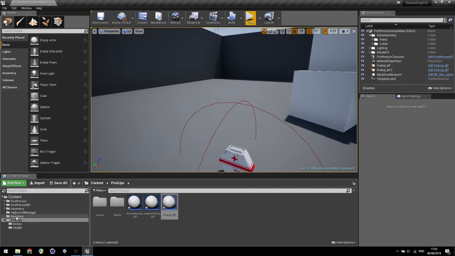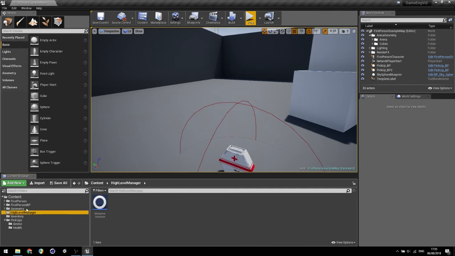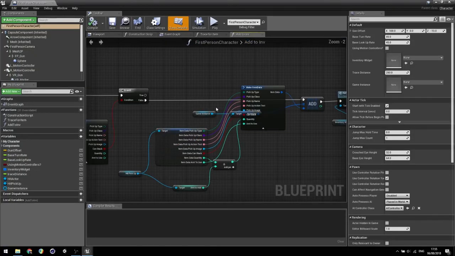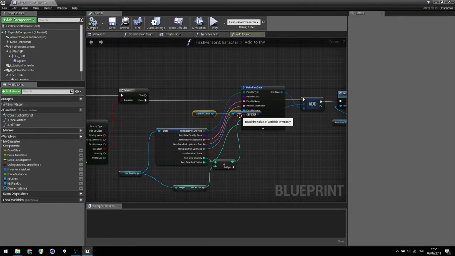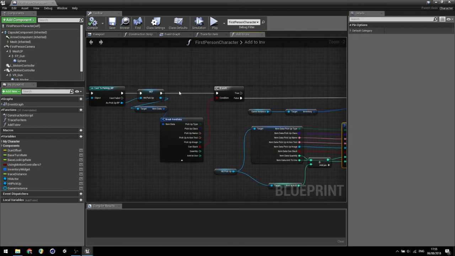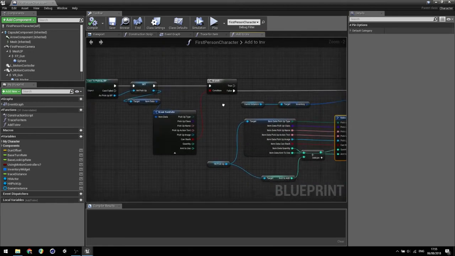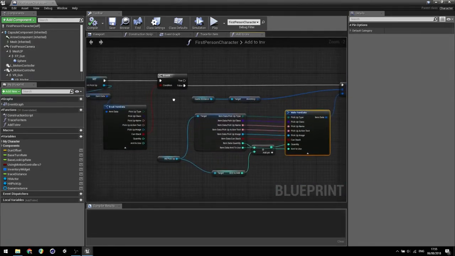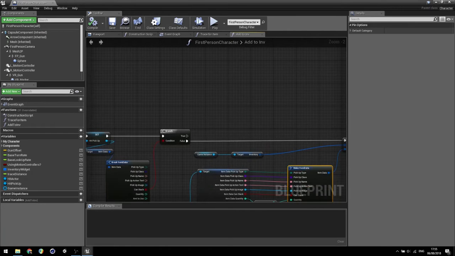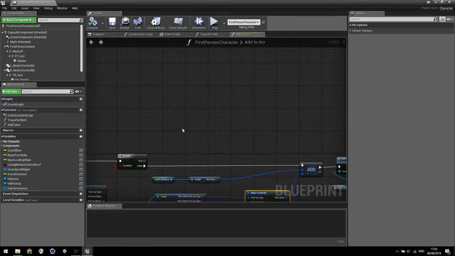So we're going to have a look back in the first person blueprint and just make sure that we're in the add to inventory function. Up until this point, the functionality we have in there assumes that we only have non-stackable items. The next step is to look to see if we can add